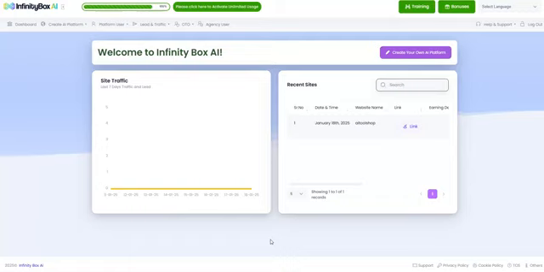So I'm inside the members area right now, and the first thing that you can see is the site traffic, which will give you the indexing of the past 7 days traffic and leads that you have generated, and the recent sites that you have created. You can create the site by clicking on this button over here which says create your own AI platform, and we'll be covering all these tabs by creating the AI platform, going to the list, checking what the platform users are and how you can add a user,